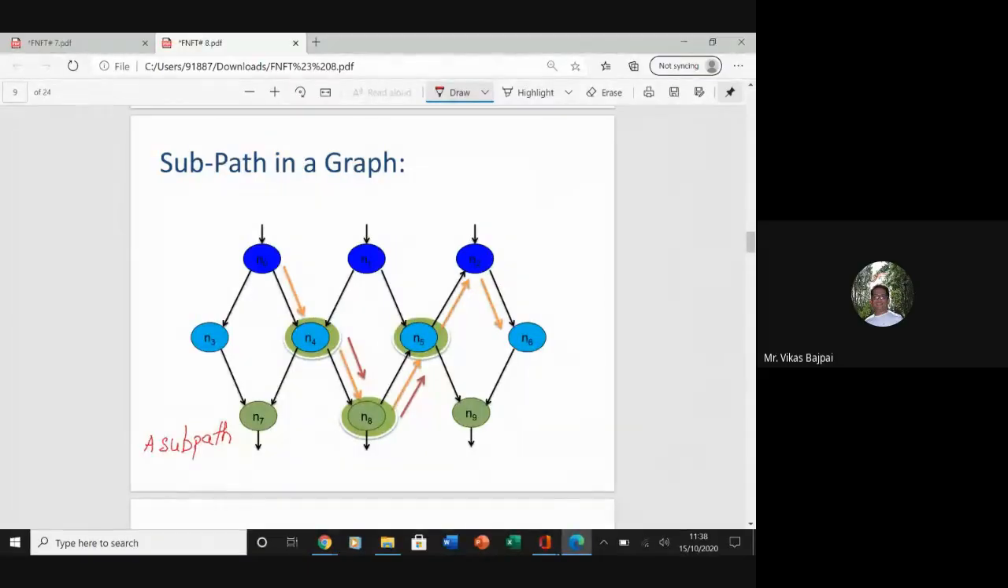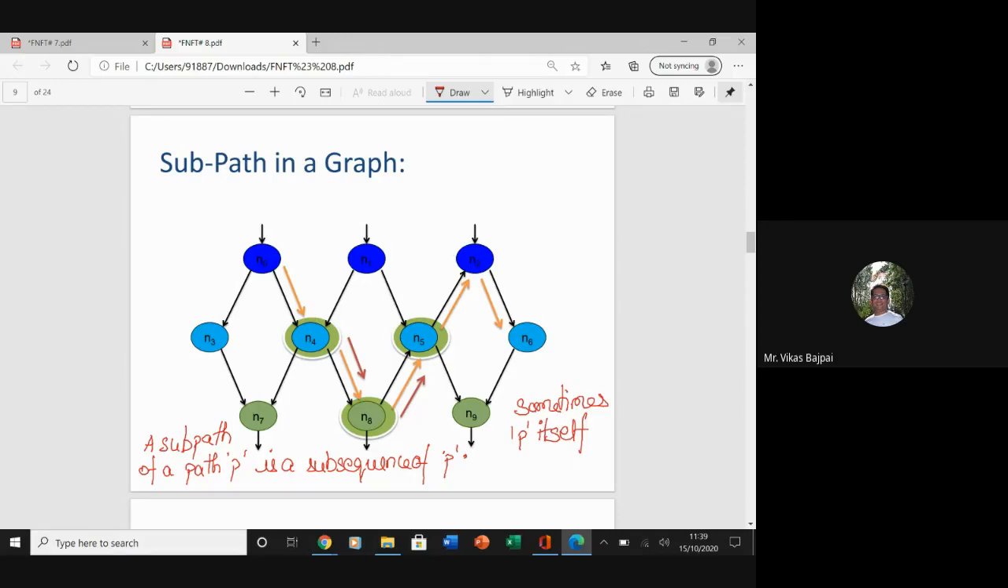A subpath of a path P is a subsequence of P, and sometimes P itself. Sometimes P itself. So